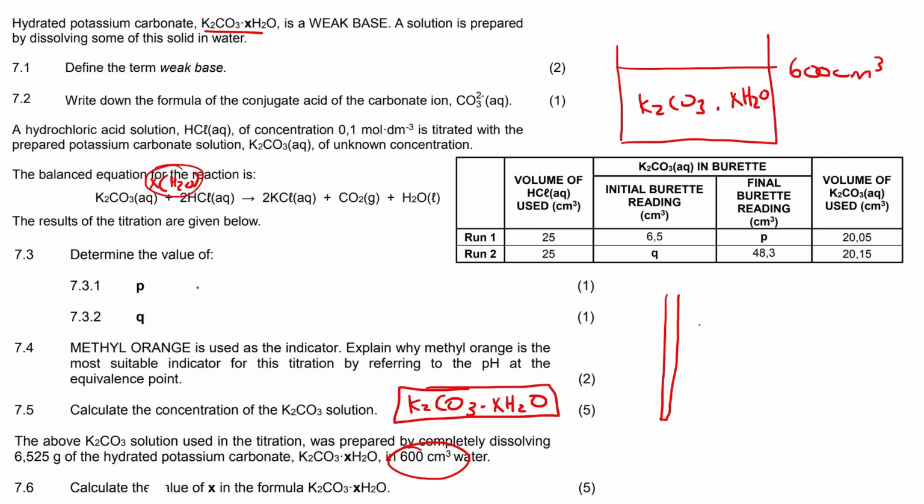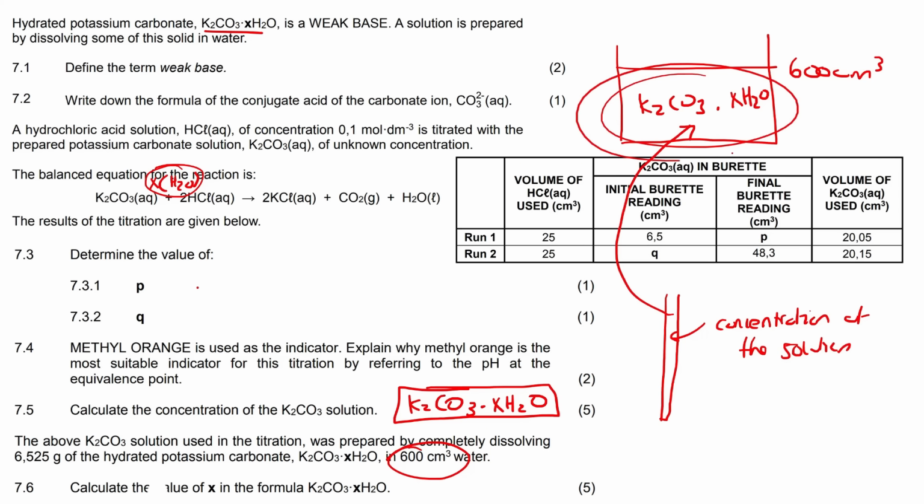those two, and we were able to work out the concentration of the solution. But what you need to understand is, where did this solution come from? It originally came from the bigger batch, which is 600 centimeters cubed. But whether you look in the big batch or in this little part in the burette, the